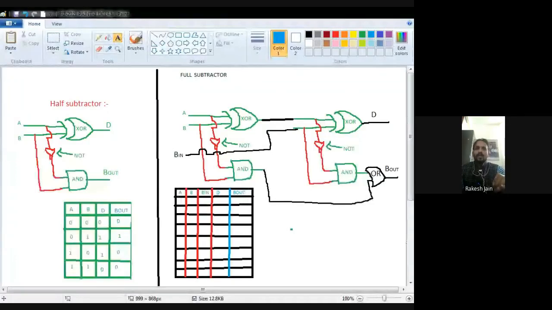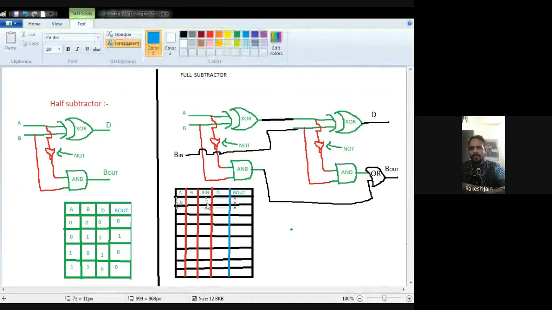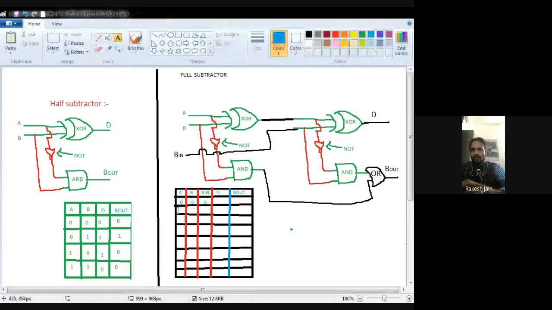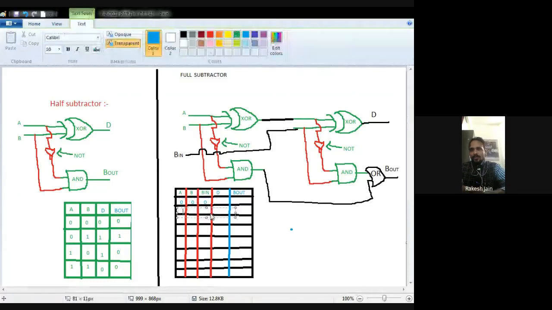So I just draw: one is A input, the second one is B input, the third one is Borrow input, and then the output. The outputs are difference and Borrow output.